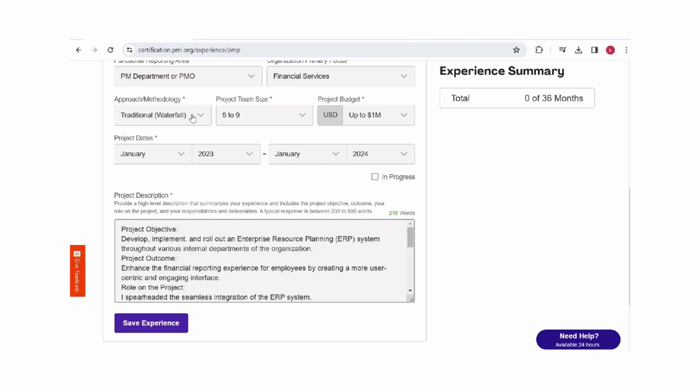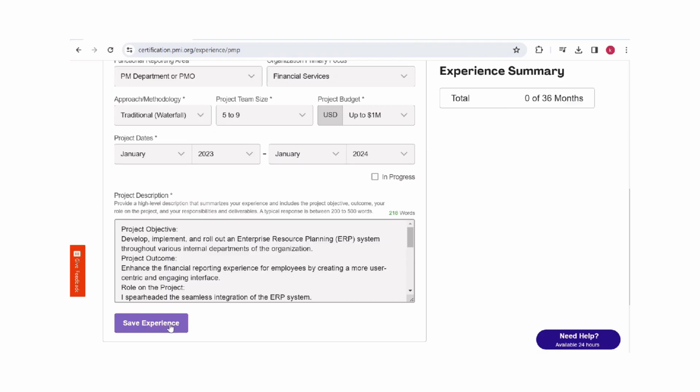So, and if it's a traditional methodology, just ensure you have a stakeholder register, risk register, planning, and then monitoring and control features like this. So just have your keywords or terminology customized to your approach and methodology that you use. So add as much terminology related to PMI as possible. And then once you have done it, and once you have taken care of your project description, click on